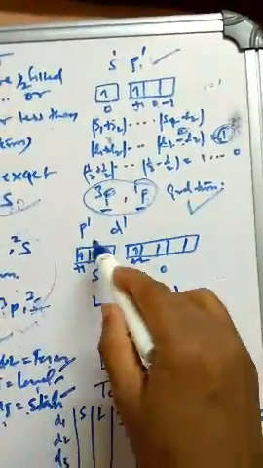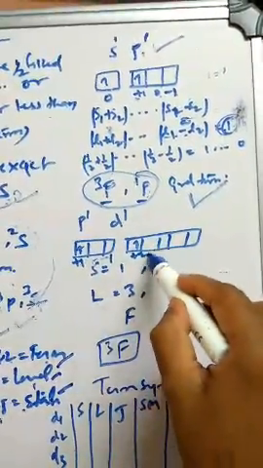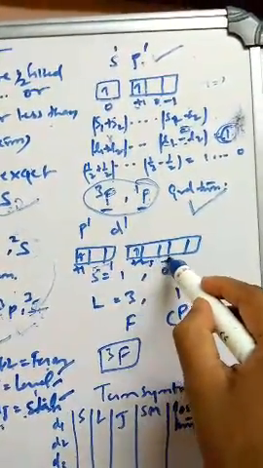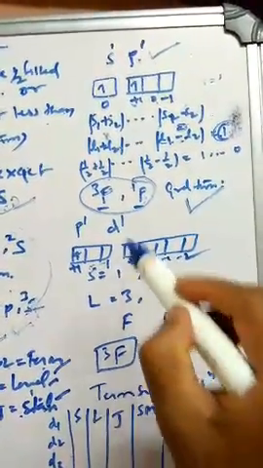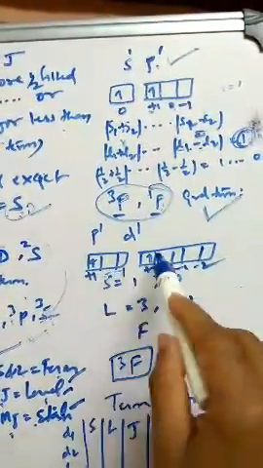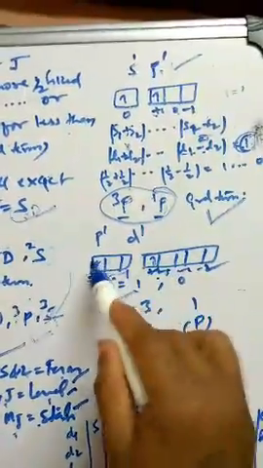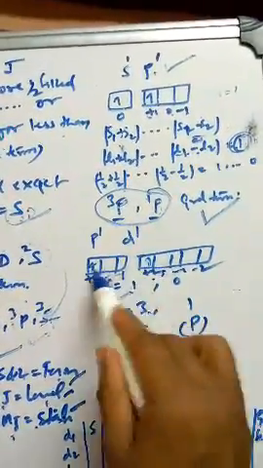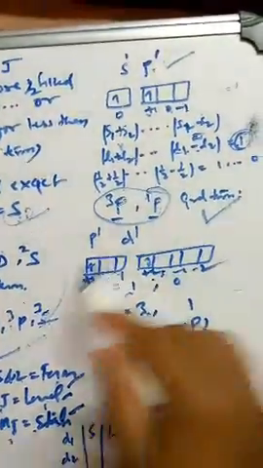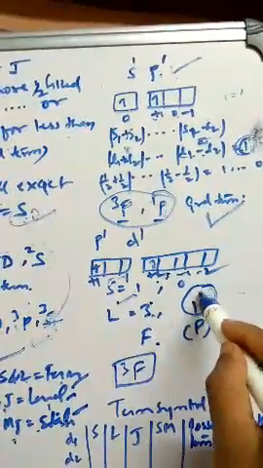Similarly, in some cases they give P and D, like P1 and D1. So for P, ML is +1, 0, -1, and for the 1 electron in D1, ML is +2, +1, 0, -1, -2. So here D is +2. We use the same formula, S1 + S2: half plus half is 1, and 0. So I will get S values 1 and 0. For L, I get 2 + 1 = 3, and 2 - 1 = 1. I will get 2 L values. For 3 it is F, and for 1 it is P.